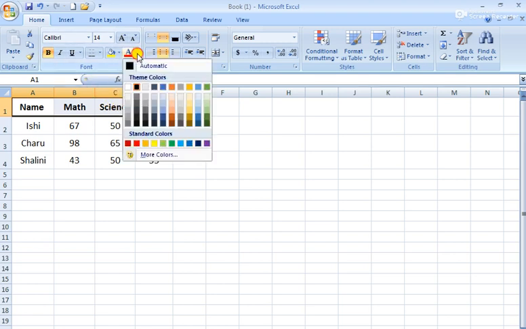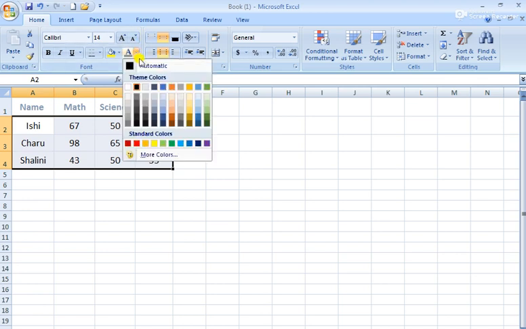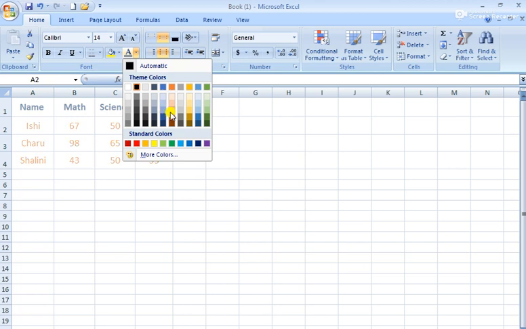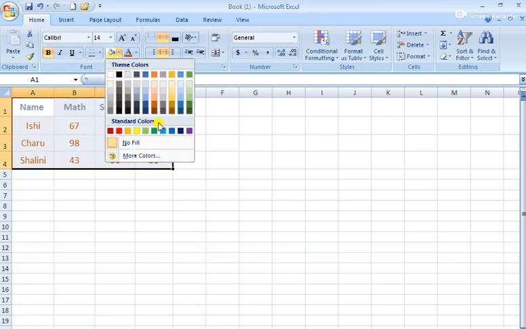Then I could change the color of it, like this. I can change the color. Then from here also I have selected my content and then I have changed its color. Any color, whatever suits you, you can select that, and then we can set the background color as well. Like my cell I have selected and then I have given it this color. This is the background color that I have chosen.